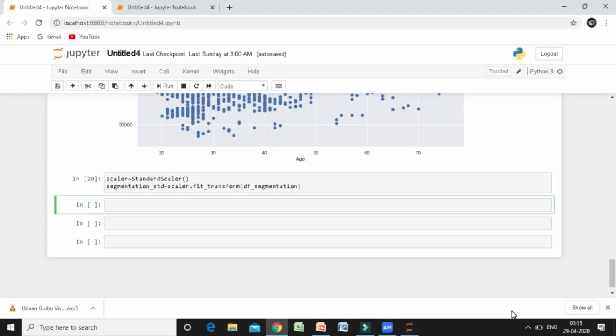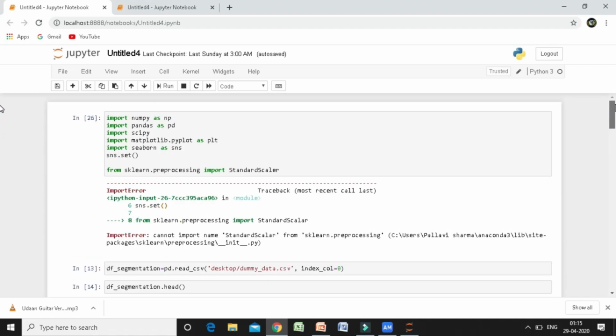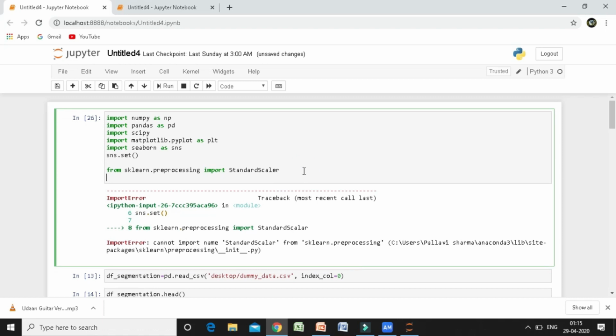Again, we have to import certain functions. We will go again to the top, and believe me, every function is inbuilt in Python. So again, the same thing I'll do: from SciPy, I have already imported SciPy here. From SciPy, I'll call cluster. For calling, I'll use a dot. Then again, inside cluster, I will call hierarchy.